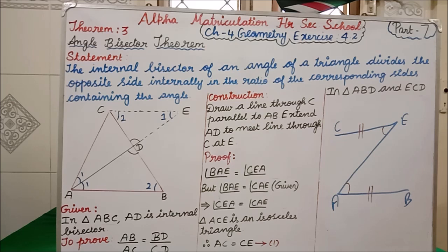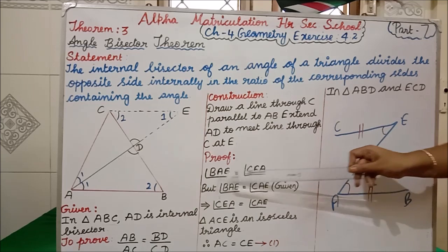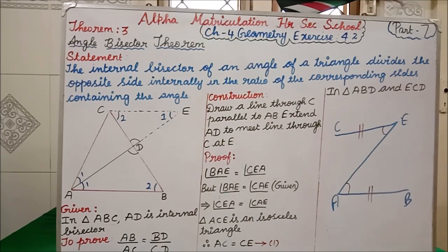How are we writing this? See students, all of you. Here angle BAE, I am saying this angle, the middle angle only, it is equal. Now I am saying angle A is equal to angle E. Isn't it? How? See, BAE is equal to, I am saying, CEA. That part alone I have drawn here separately from the main diagram. We all know in construction we have constructed CE parallel to AB, isn't it?